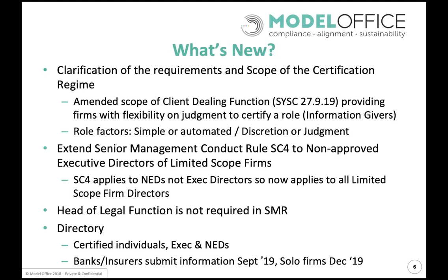The next one is all about the legal function, which applies to enhanced firms, and that's not required under the senior manager regime. And finally, but not least, is the new directory that the FCA are bringing out. The information must be provided by firms, and it's set out in the final rules and includes, for example, national insurance numbers, passport numbers,